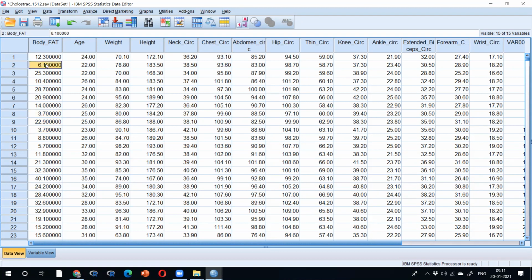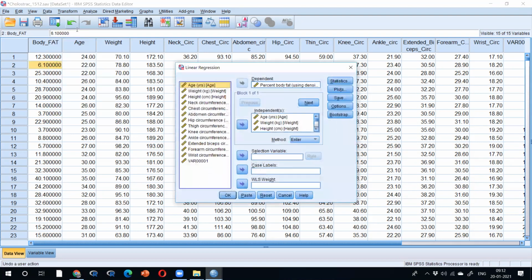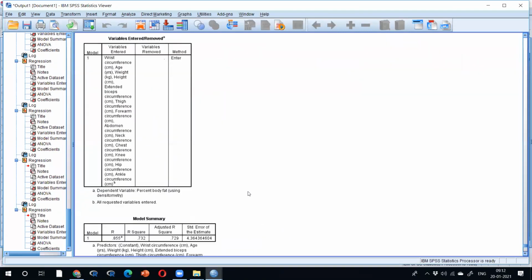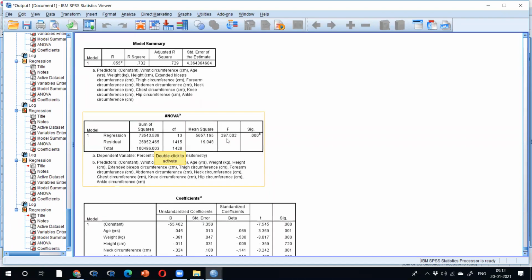So what I concluded: this is elephant body fat unnecessarily added here, or the data entry person missed the decimal point, but the system doesn't know. Okay, outlier, chalo, outlier, that's it. So now your data is very clear. After clearing every data, when I did, my R is 85. My ANOVA is 297. 297.